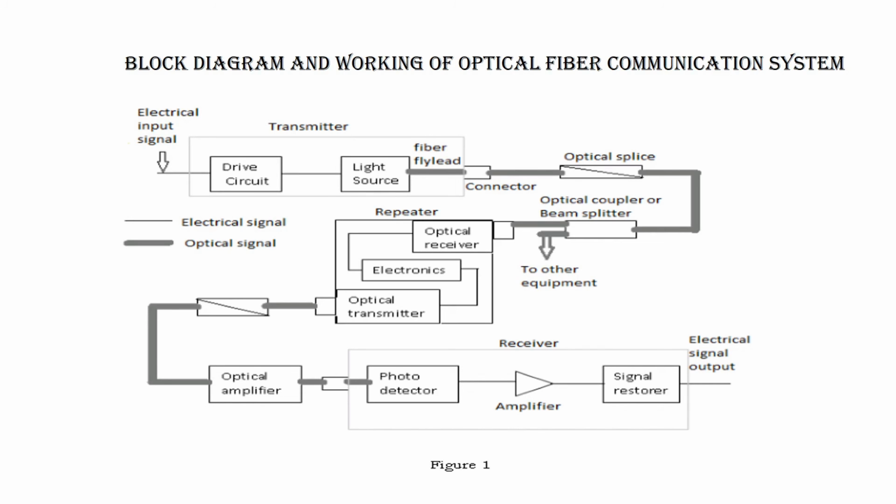Now if an optical fiber is there, then we can have that optical fiber in small segments. Then to connect the optical fibers we will be using connectors. An optical splice can be used, which will connect the two optical fibers. If you want to give the same light source to multiple users, in that case we can have optical couplers. The optical coupler will be able to give the signal to multiple ends.